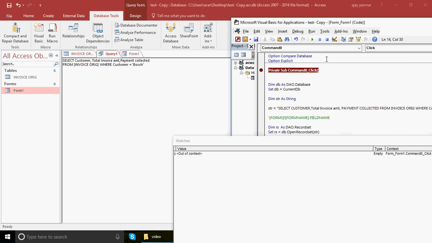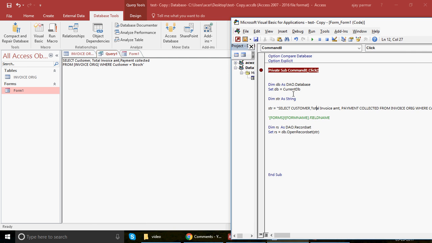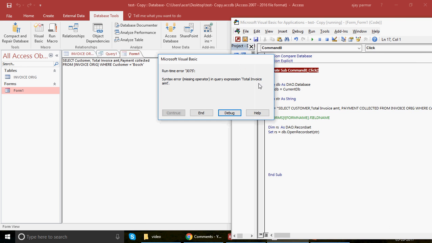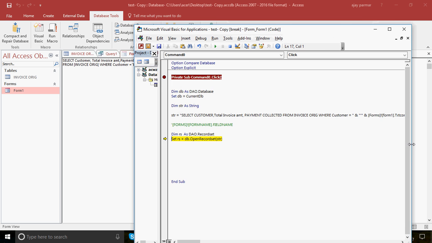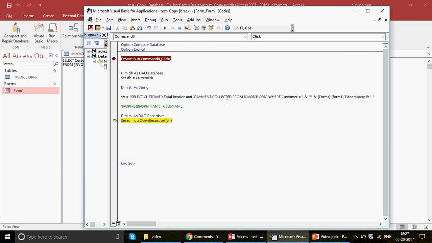Let's run this again. Let me reset the code. Let's see if it can run. I just close this. I'm going to run this. I go back to the form, I submit. There we go. All right, now it says again the total invoice amount. So the missing operator, so the problem is something else. Let's just check that. So select customer, total invoice amount, and then the comma payment collected from my invoice original where customer equals to